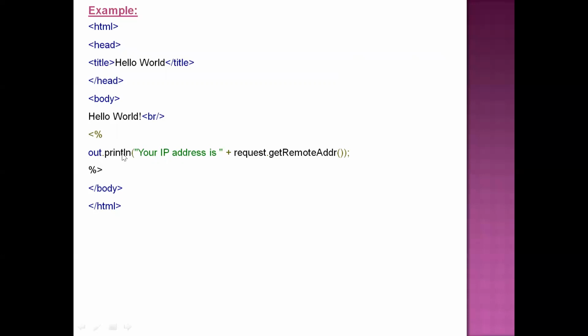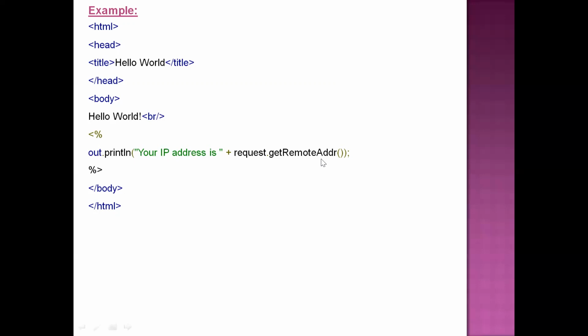Between these two signs, I am printing one message. This portion we call the scriptlet text. Whatever content you write between the scriptlet tag will be directly attached to the _jspService method of the automatically generated servlet.